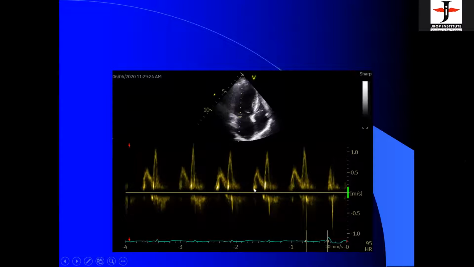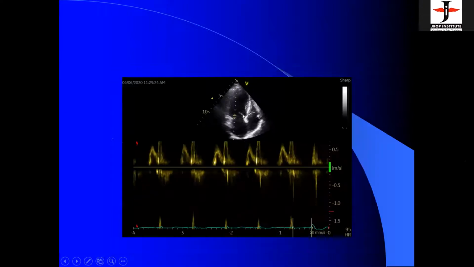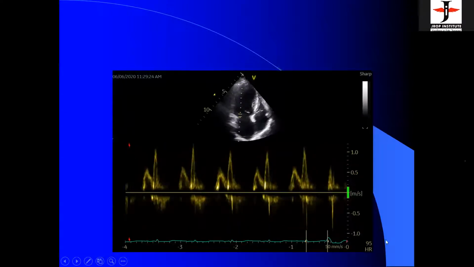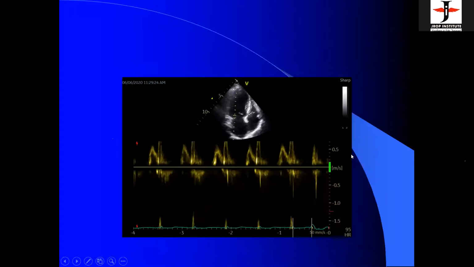Now, if you take the baseline above, the space below increases in size, so the velocity at the lower part will be more. If you take a baseline below, the velocity above it will be high. I'm just demonstrating this. Again, you see this is a pulse Doppler. Now see, it was 1 meter and 1 meter. Here we have taken the sample volume, and above, it becomes 1.5 meters per second, and this reduces to 0.5. So that is just to tell you how you can increase a velocity.